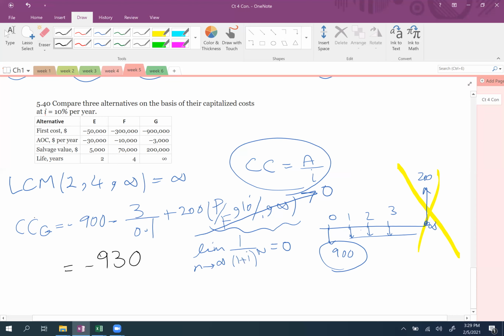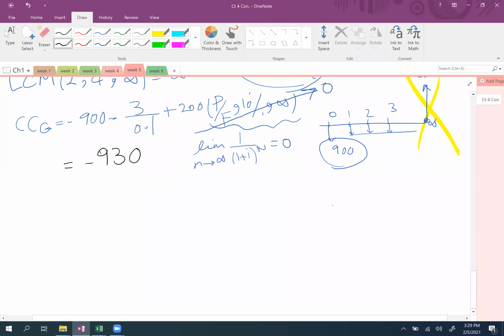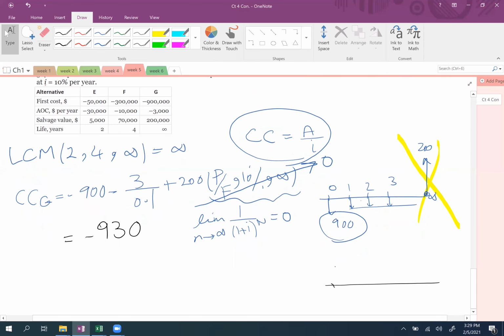That's the capitalized cost for project G. Now I have to calculate the capitalized cost of alternative E. For alternative E, we know that I have $50,000 at time equal to 0, and I have annual operation cost of $30,000 and a salvage value of 5 at time equal to